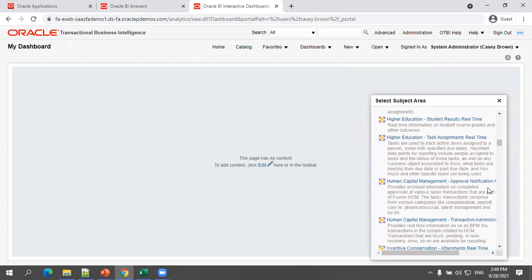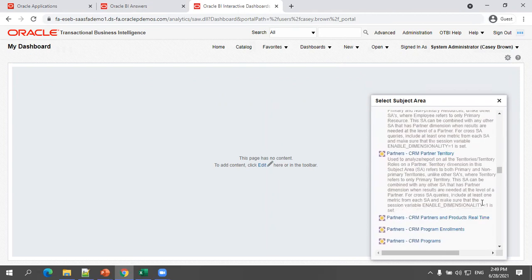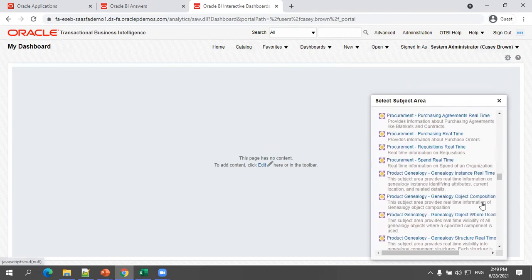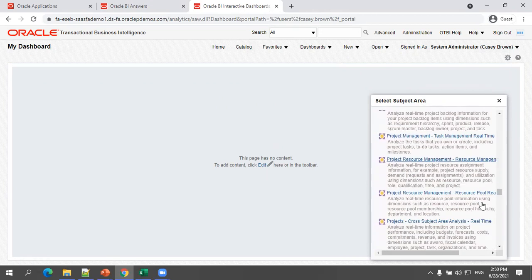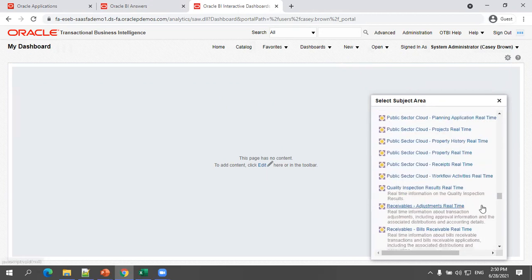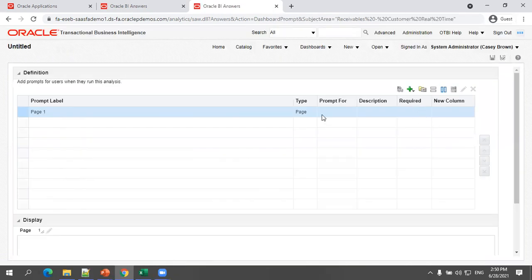Receivables, customers, real time, again the same thing. Yes, receivables customer real time. Let's create two prompts. This is how it looks. Just save it first of all.